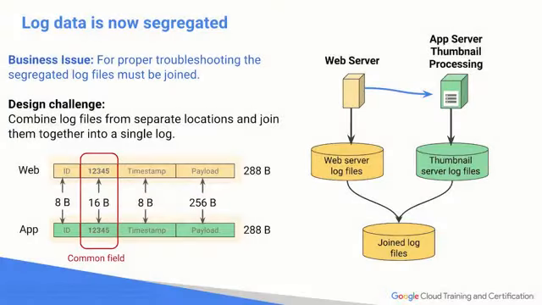Well, now what's going on? Now data is being segregated, right? So for proper troubleshooting, the segregated log files have to be joined. That web server and that application server are now processing logs on their own devices. So we have to somehow aggregate these log files. So what that means is we have two different log entries now, one for the web and one for the application. They do share a common session ID field, so we need to have a process that will join those together for troubleshooting. Otherwise, I'm sure you've tried to look up syslog files with mail log files or something else at the same time. You're trying to match the IDs to find out what was going on at the time.